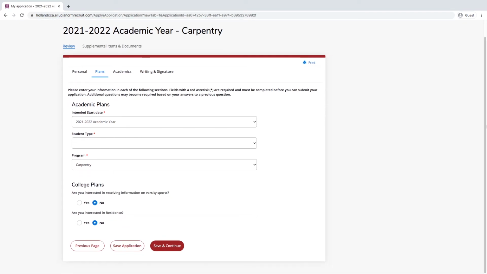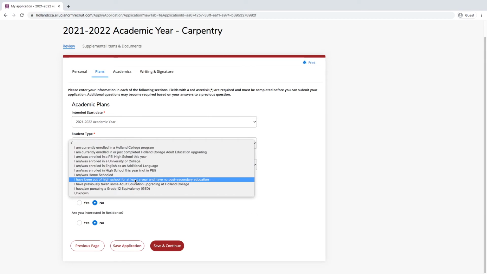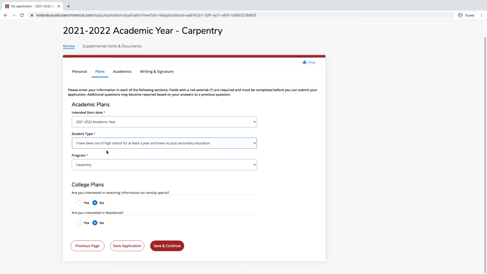This next section goes over his academic plans as well as his college plans. So again, his intended start date is 2021 to 2022 academic year. His student type, as you read through each of these options, you can select which one is best suited for you, or if you're not sure, just click Unknown. In Jim's case, he's been out of high school for at least a year and has no post-secondary education, so I'll click right here. The next section, again, is the program which he selected whenever he started his application,